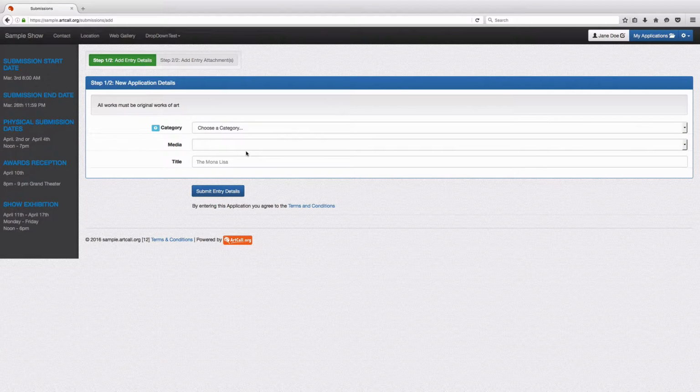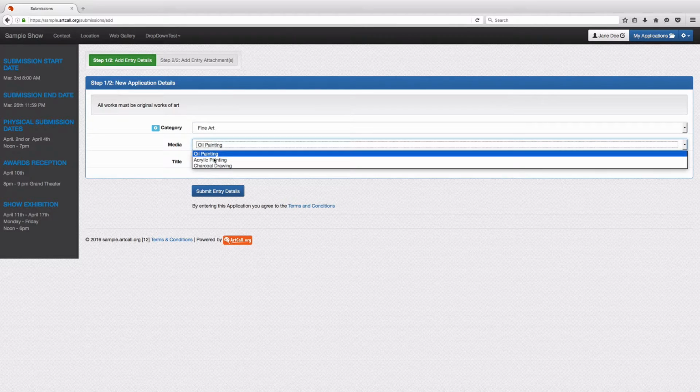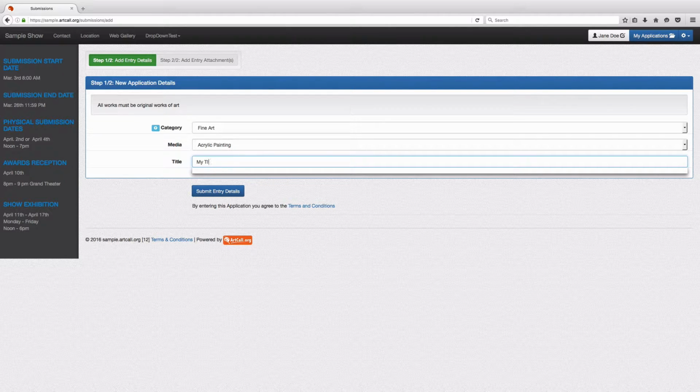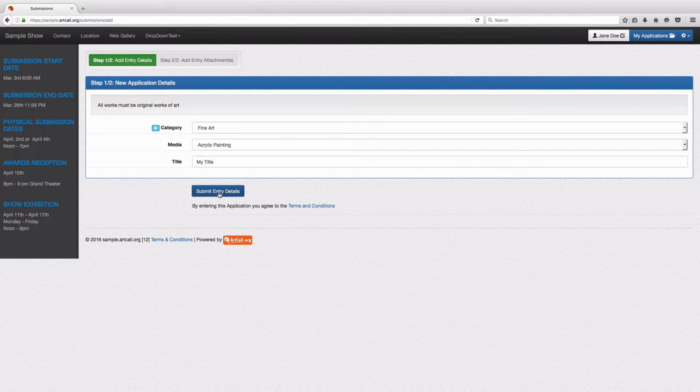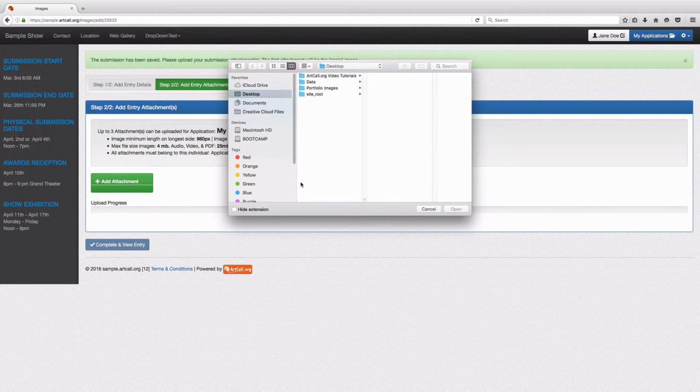So I'll go ahead and say add new application. And you can see I can choose the categories that you have set up and the associated subcategories for each of those main categories along with the title. Now, as soon as Jane enters in this submission, I'm going to go ahead and say submit entry details. This will email Jane a confirmation email, and then she's then able to, in step 2, add any attachments. So I'm just going to go ahead and select add attachment. She would then browse her hard drive for any of the attachments that belong to her